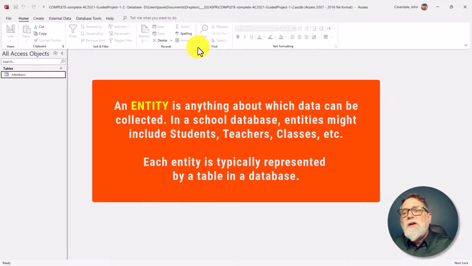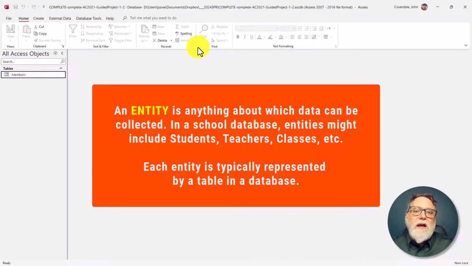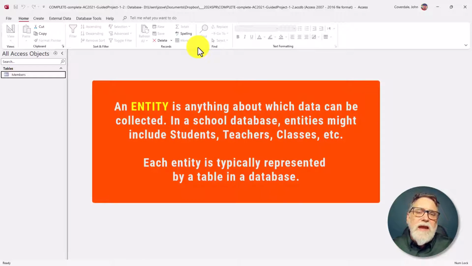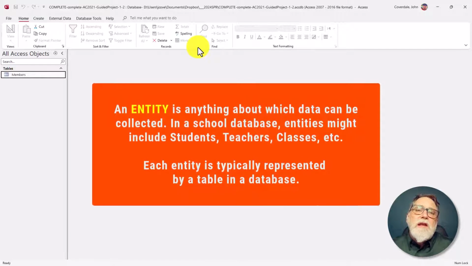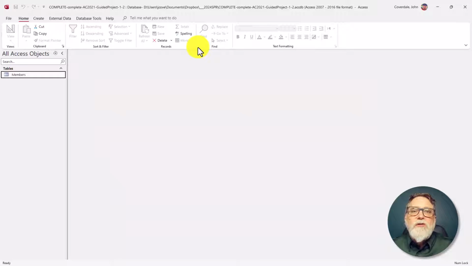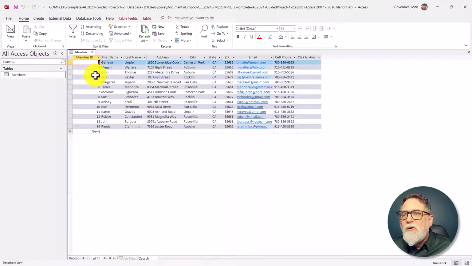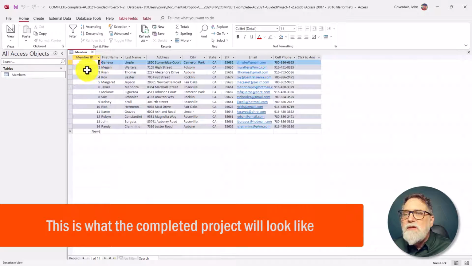Each entity in our database would be represented by a table, and the tables would be joined together with linkages called relationships. So, for example, students would have a link to classes because they enroll in classes. Now, in today's assignment, we only have one entity, members of the club, so we're going to create a database with just one table. Now, within this table, we're going to have what are called records, and so each line or each row in the database represents one club member,